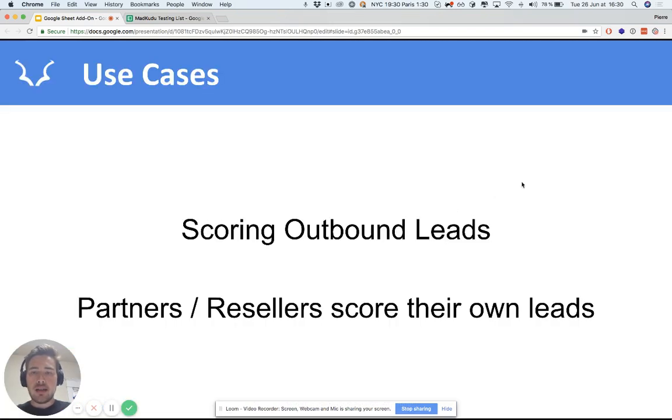You can start using the add-on to score outbound leads so that you're going to know exactly who to reach out to. You can also give the add-on to your partners or resellers so that they can score their own leads. Basically, these two use cases are focused on when you reach out to people, and that's going to enable you to reach out to the right companies and the right people at these companies,